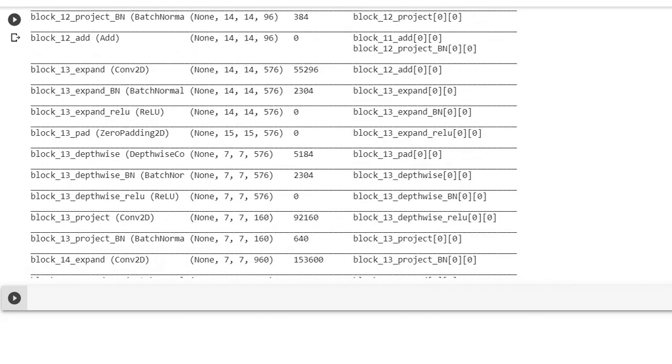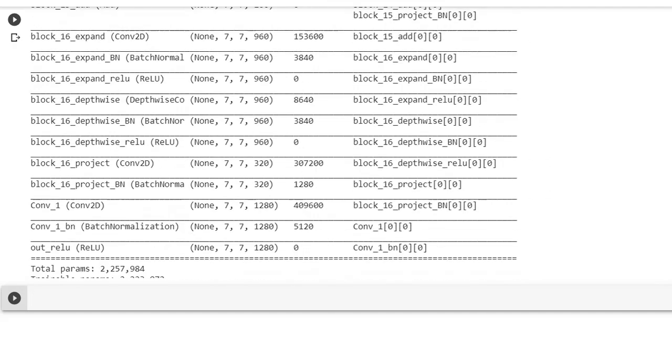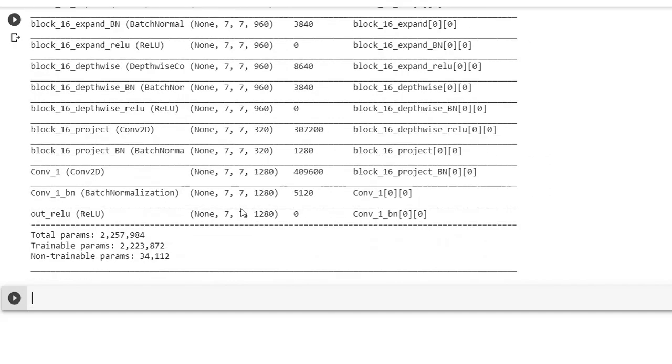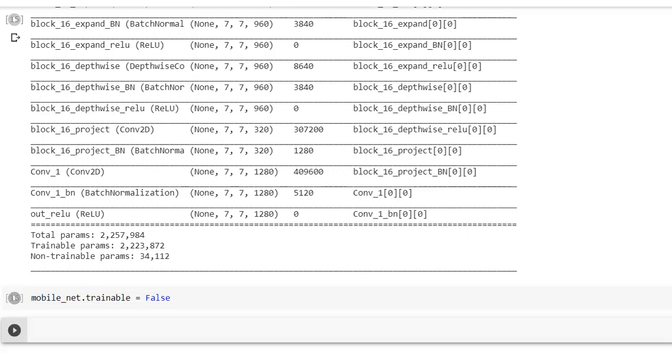But in TensorFlow we are going to freeze the base layers, and then add some additional layers in order to train on this COVID-19 data set. I'm going to freeze the whole base model by using this statement. It sets trainable to false for the whole existing base model. This is the command we need to use.